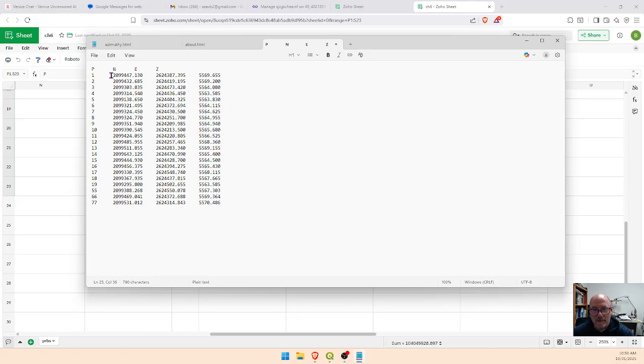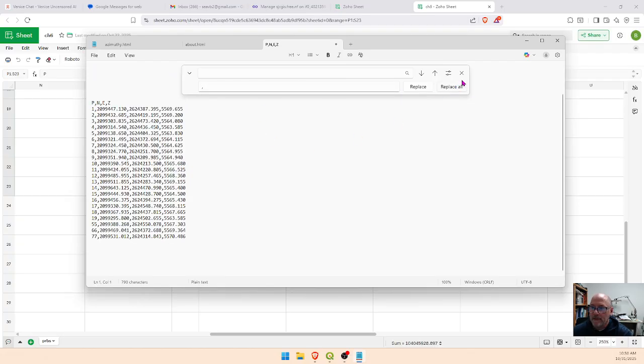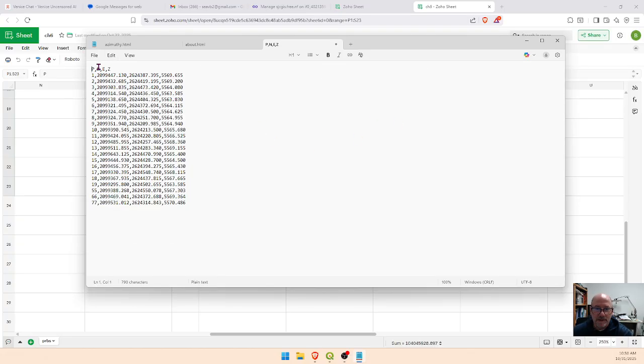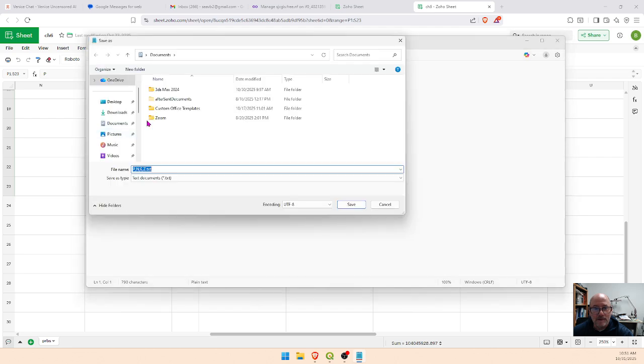Now I want it to be a comma separated values sheet, so that tab in the middle, if I highlight it and hit Control H, that highlight will be automatically placed in the look for box, and I'll replace it with a comma. So replace all. That should give me a comma separated values format. So I'm going to save it as and put it in a place where we can find it later,